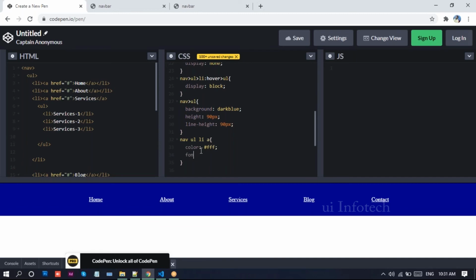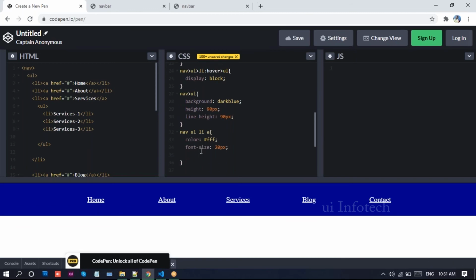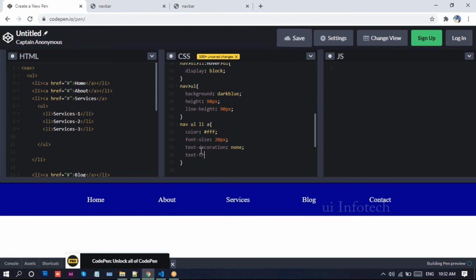color white. Now we can apply font size 20 pixels. Text decoration none, so it will remove the underline here.